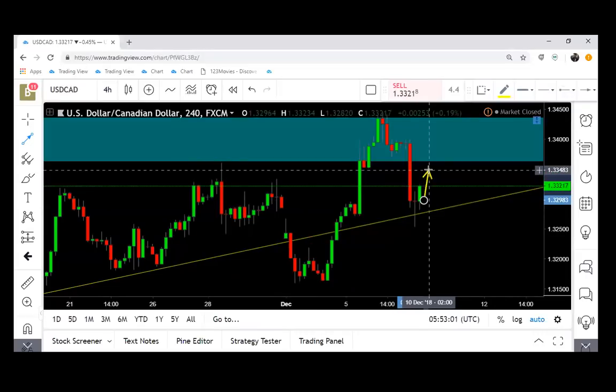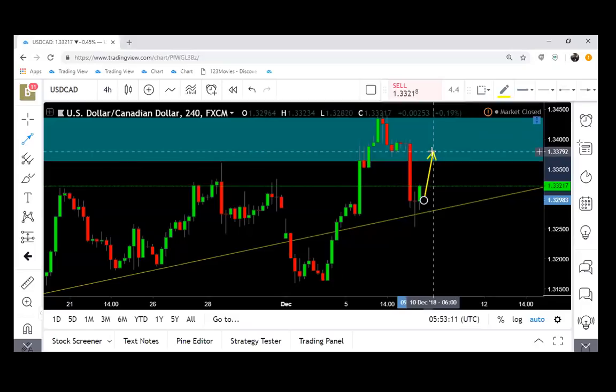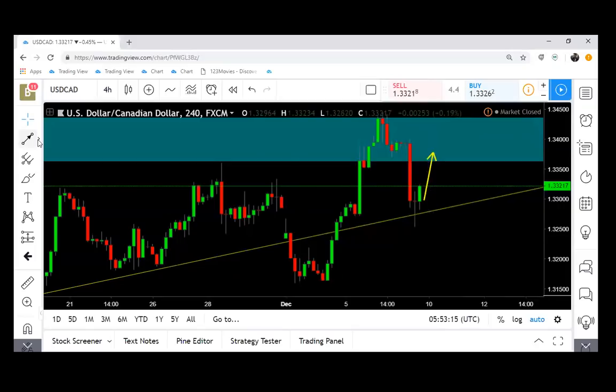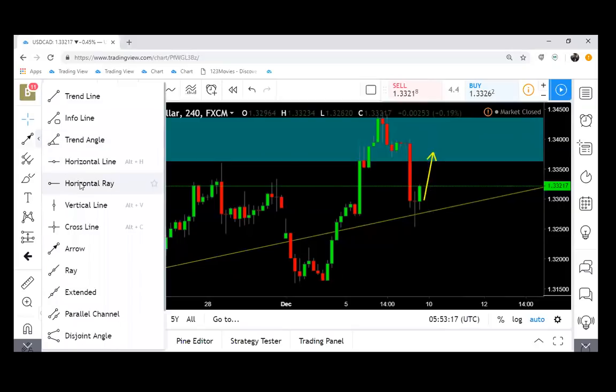So I would like for price to come anywhere from 335, right? Anywhere from 335 to 338, all right? Anywhere in that price zone, I would like to see a correction, all right? In order for me to really look for this trade and to continue it downwards, I would like for price